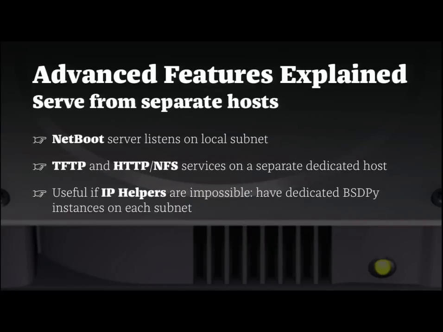So you could have one of these BSDPy tiny little instances on all your subnets that are all pointing to the same file server backend, so that you don't have to mess around with IP helpers. You can just drop them where needed, and they all point back to the same backend if there's no real big deal in various subnets all connecting to the one server. That way you could get to skip the IP helper